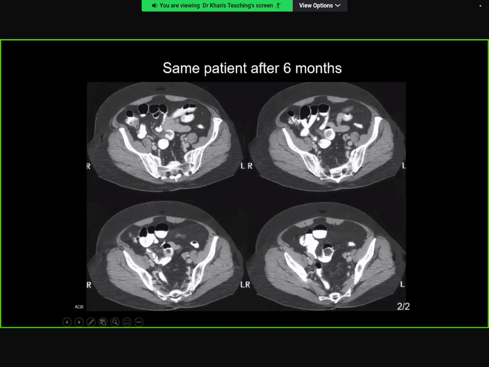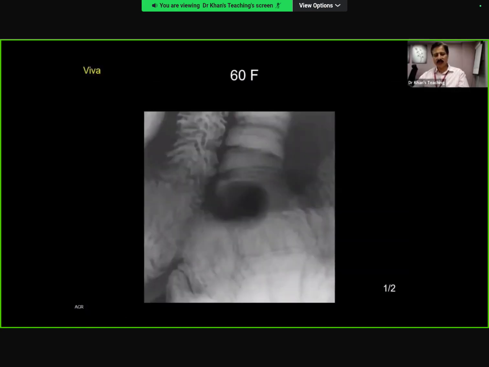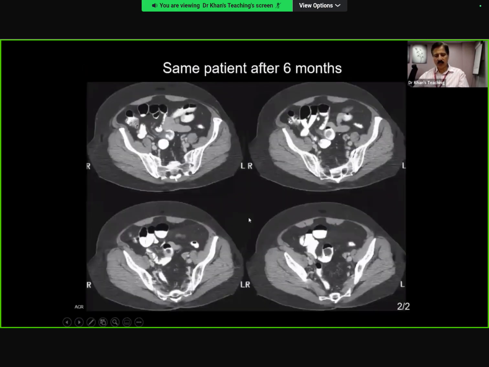So on a CT scan, yeah, I can see that, and I can see some barium within it as well. Is it like a diverticulum? Actually, what has happened is that there is a mass within the lumen, and this mass has got, the key here is, because of time I cannot give